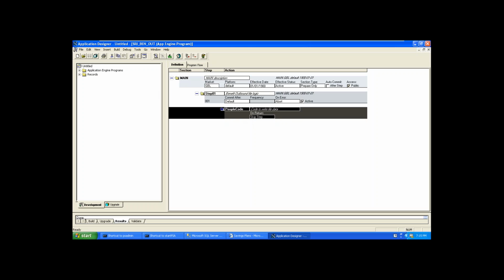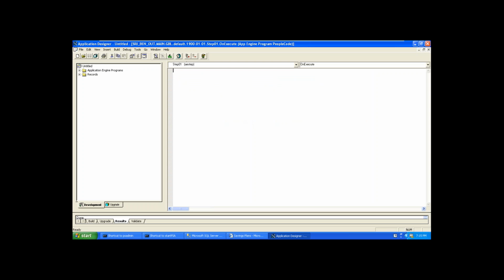Now, I am writing the code. First of all, what is our target? Our target is to develop one outbound file. We need a file to write the data, and to write the data, we need a SQL to get the data. That means two objects we require: file and SQL.